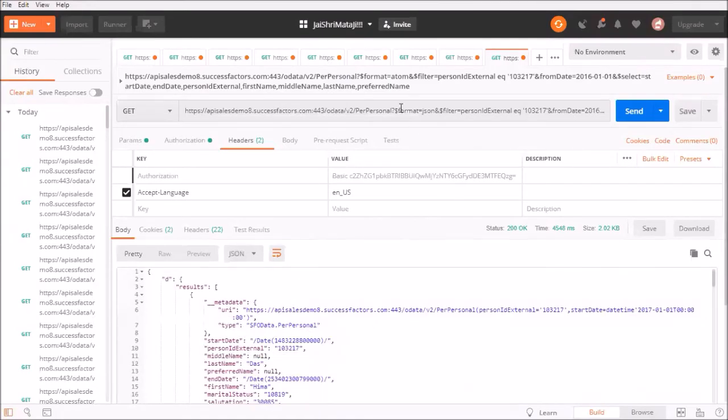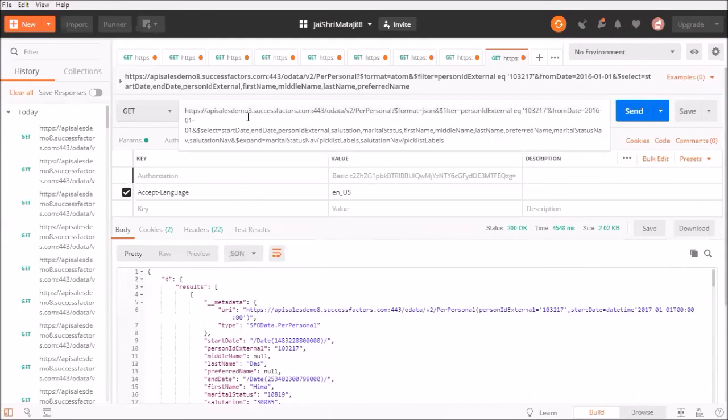Postman now. This is again the Postman tool. Here we have put in the query, wherein we are querying the PerPersonal object in JSON format, and we are filtering it by person ID external, where the value is equal to 103217, which is the ID corresponding to Hima Das, and the from date parameter. Since it is an effective dated entity, there are from date, to date and as of date,